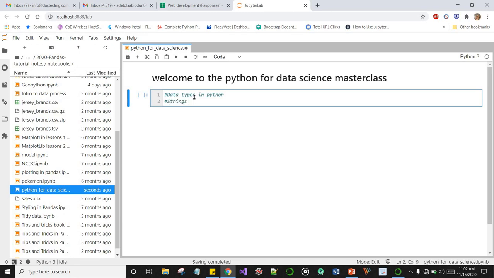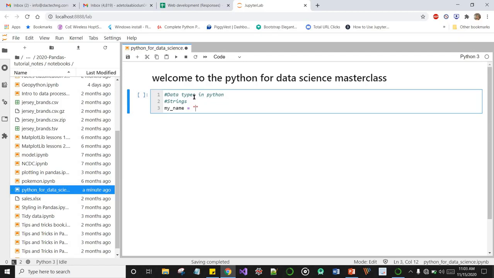Okay, and this is how you write strings in Python. A string can be, let's name a variable, let's say my name. And to write strings in Python, you have to come with quotes. Okay, you have to wrap them in quotes.